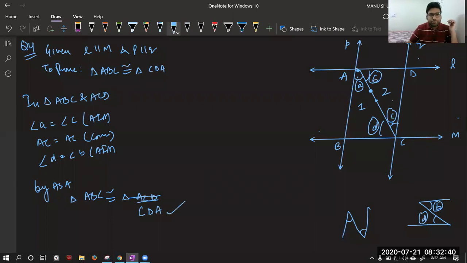Now let us check. AC should come equal. First and third. First thing is going okay. A equal to C. A is coming with A. C is coming with C. Angle A, angle C. So we are correct. We can say it is following all the corresponding properties. So we are absolutely correct.